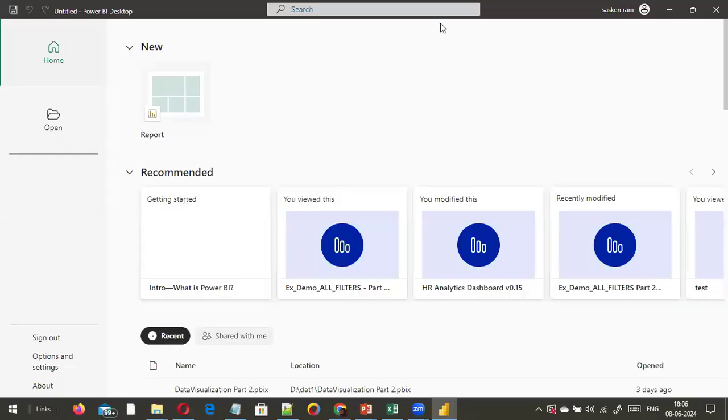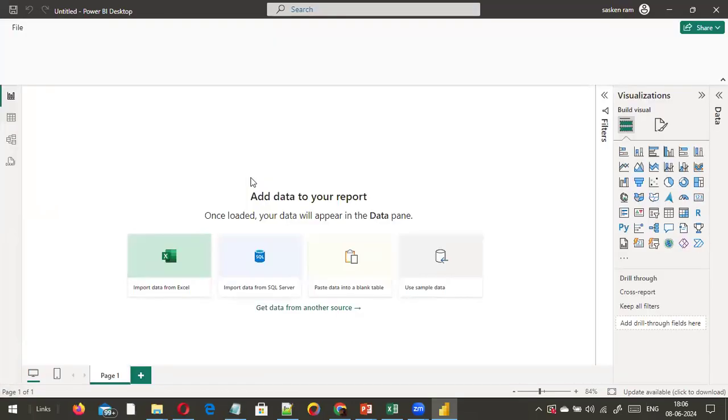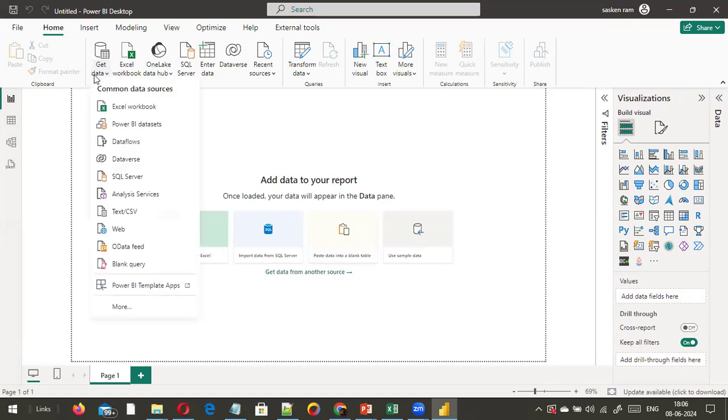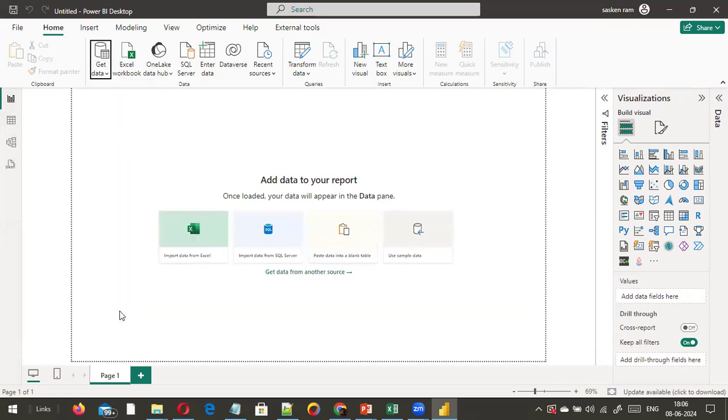I just opened the Power BI desktop. It is already opened. I click on New, and I click on Get Data here. When you click on Get Data, you will not find JSON here. You need to click on More